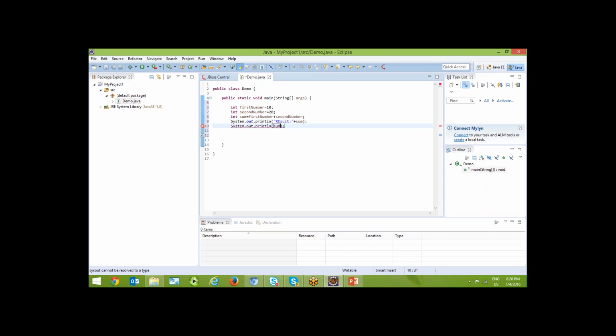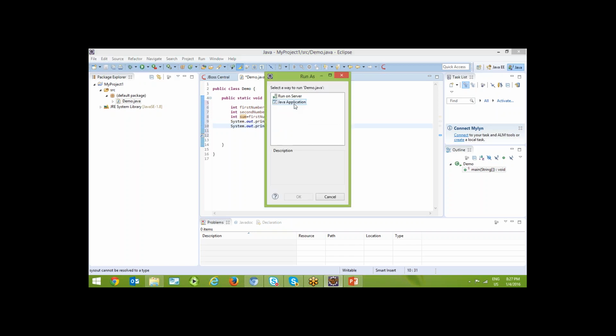Like this also you can give. So here the first number, second number are called variables. Variables are nothing but into which we will store some value. We will declare the data type variable and store some value. You are performing some operation. And now if you run it, you can observe the result.